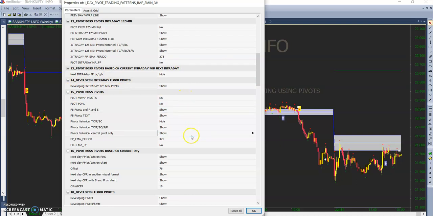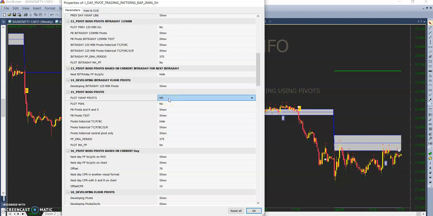The next item is actually pivot boss pivot. This is actually daily pivots. So the first one is actually plot VWAP pivots. If you want the pivots to be plotted based on VWAP, you can use yes, but by default your pivots will be plotted based on the previous day's high, low and close.